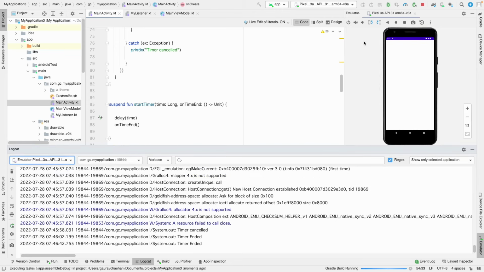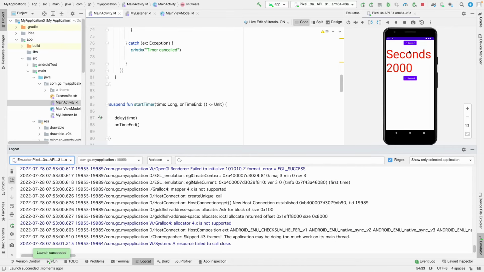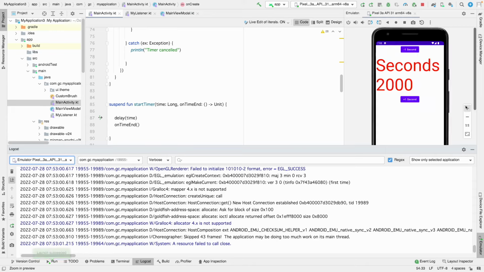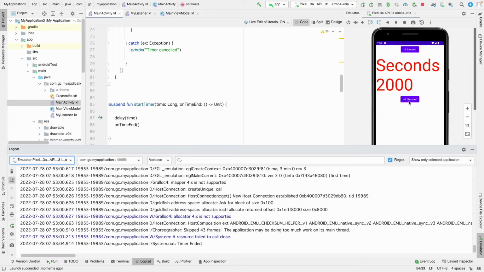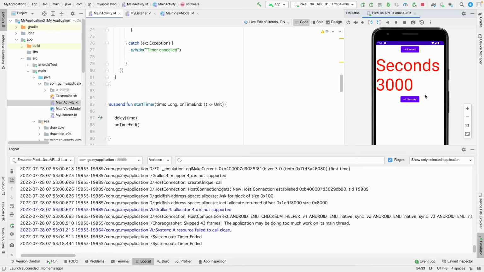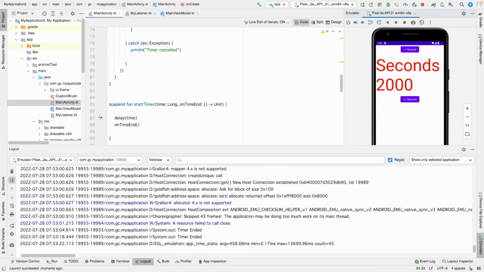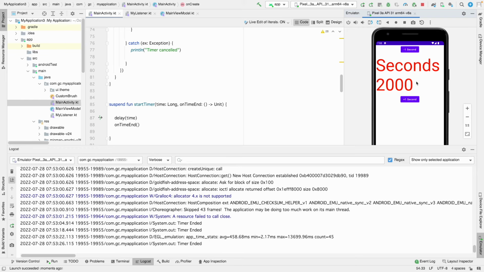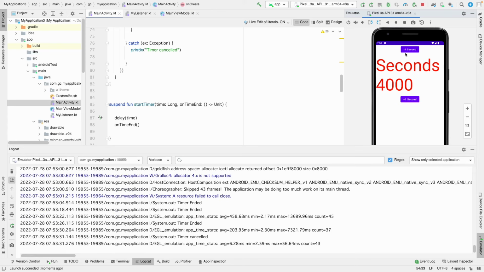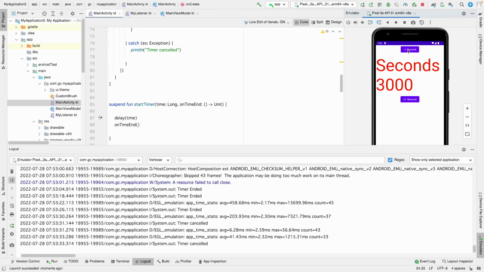So let me run it, and let's see. If you see, we get two buttons. One is minus 1 second, the other is plus 1 second, and the seconds is 2000. So initially after 2 seconds the timer has ended. If I increase the value by 1, you will see after 3 seconds timer ended will be printed. And if I now decrease by minus 1, you will see after 2 seconds timer ended has been called. If I click it 4 times and then decrease it by 1,